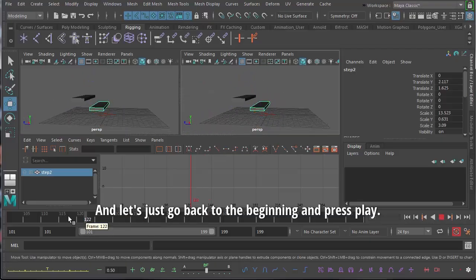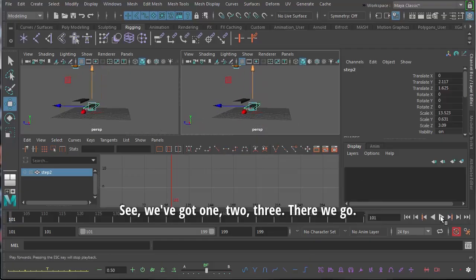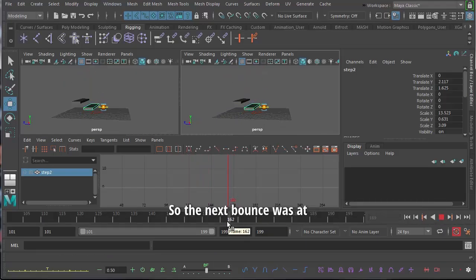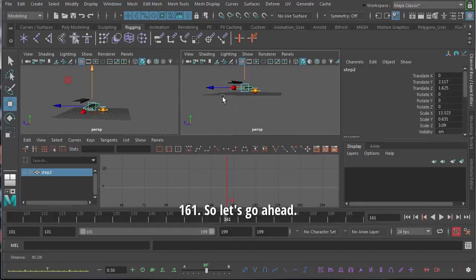And let's just go back to the beginning and press play. See what we've got. 1, 2, 3. There we go. So the next bounce was at 161. So let's go ahead